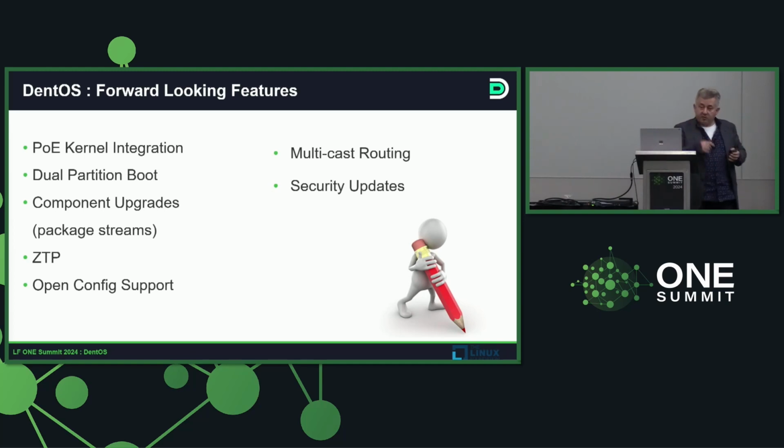There are some features that we've talked about, like multicast routing. I have to admit, I don't know what it means. We know we need to support multicast routing. We need to come up with solid use cases to finalize what the multicast routing is going to support. It's in our backlog.